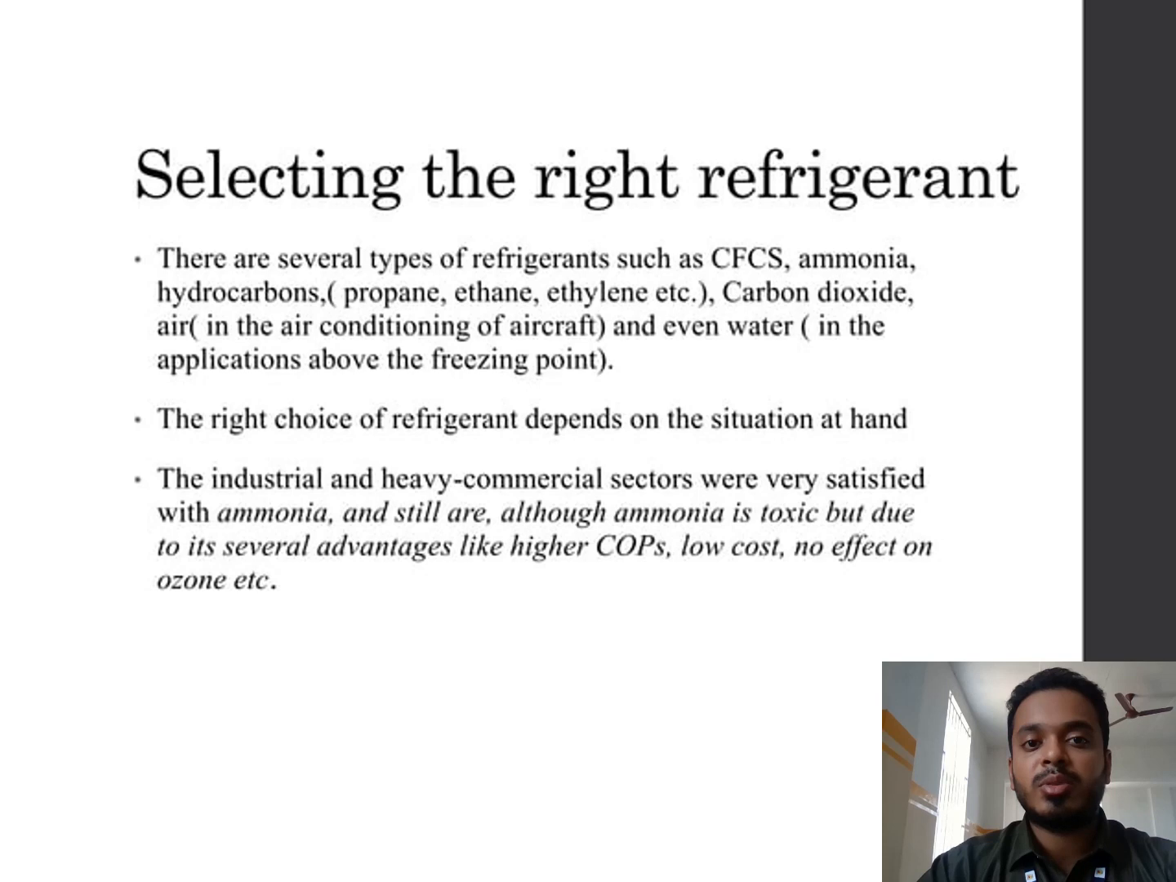So the major component which is used in a refrigeration cycle is the refrigerant. So selecting that is of major importance. There are several types of refrigerants such as CFCs, ammonia, hydrocarbons, carbon dioxide, and even water. But the best and most frequently used refrigerant is ammonia, which is used at an industrial level and in multiple refrigerators. So this is the basic concept of